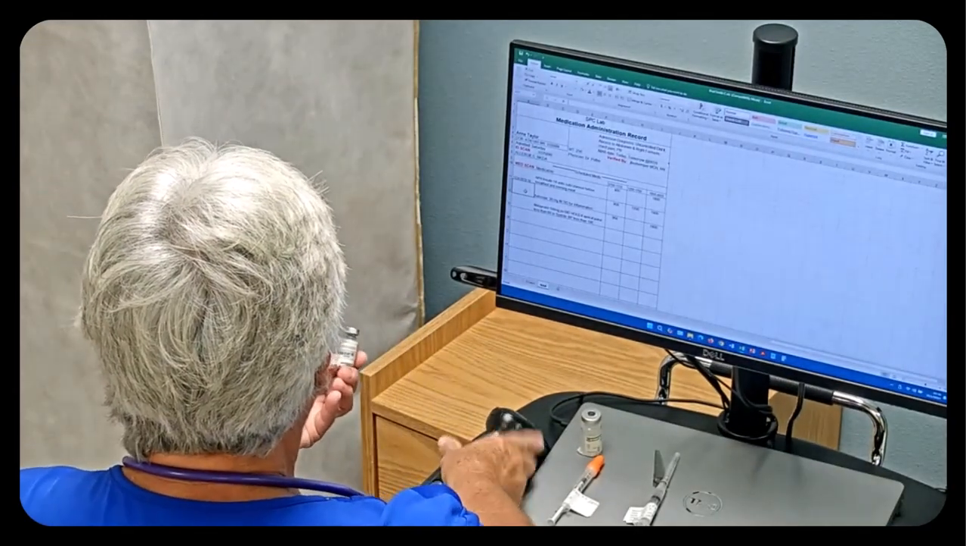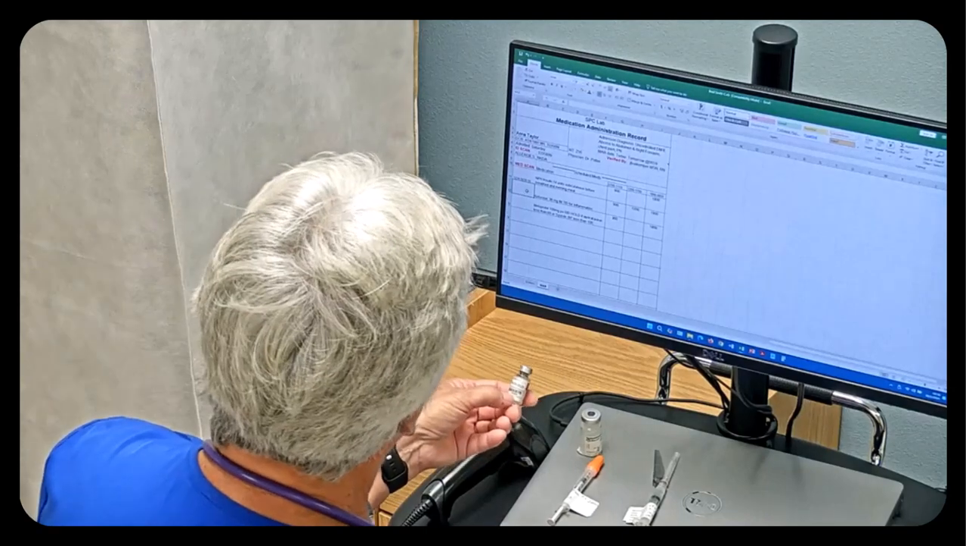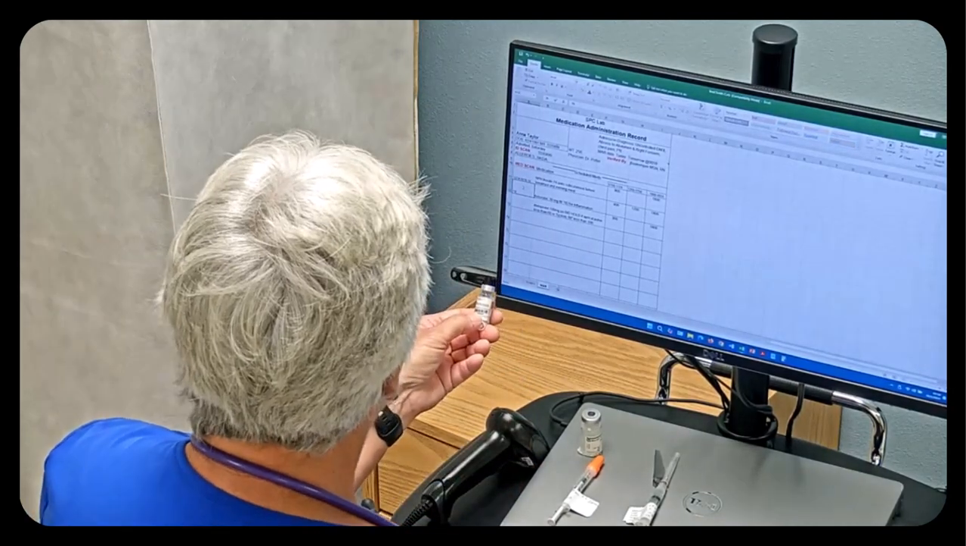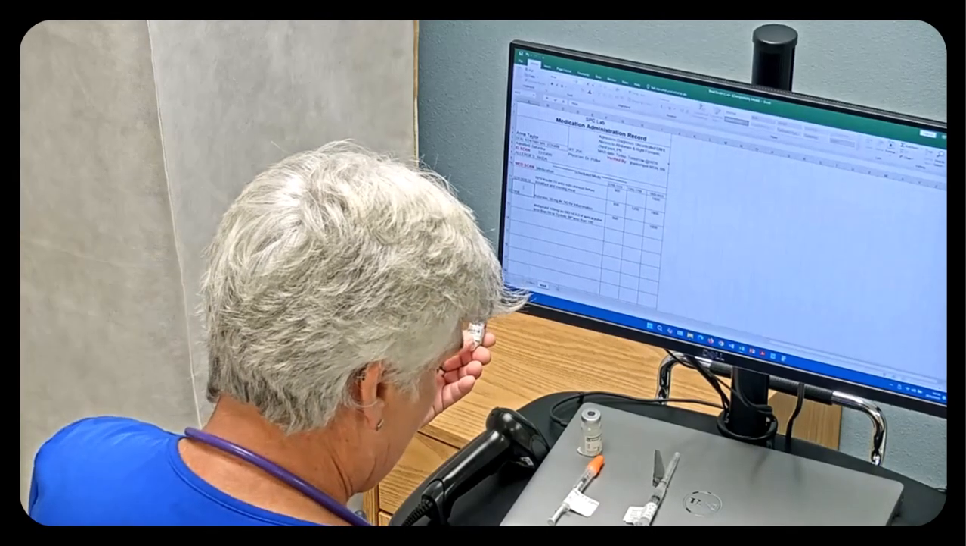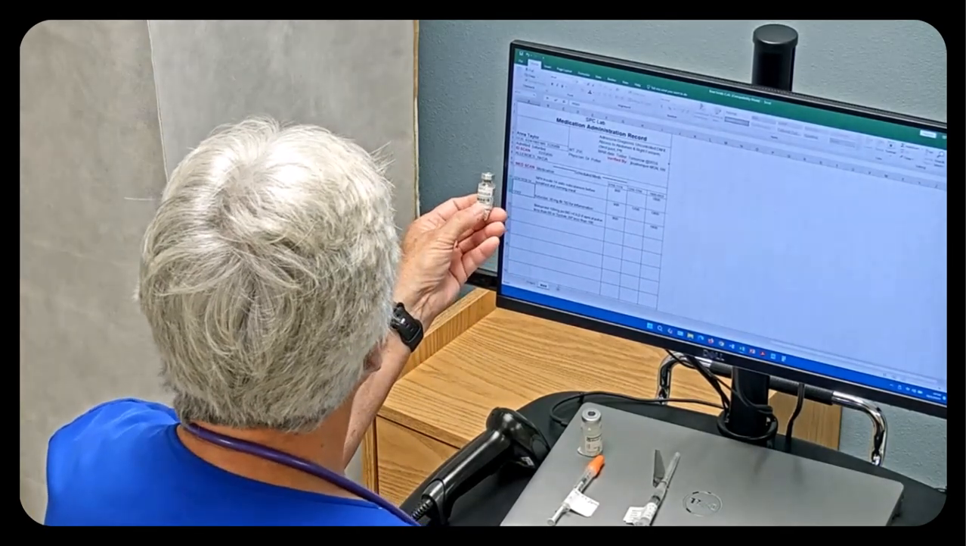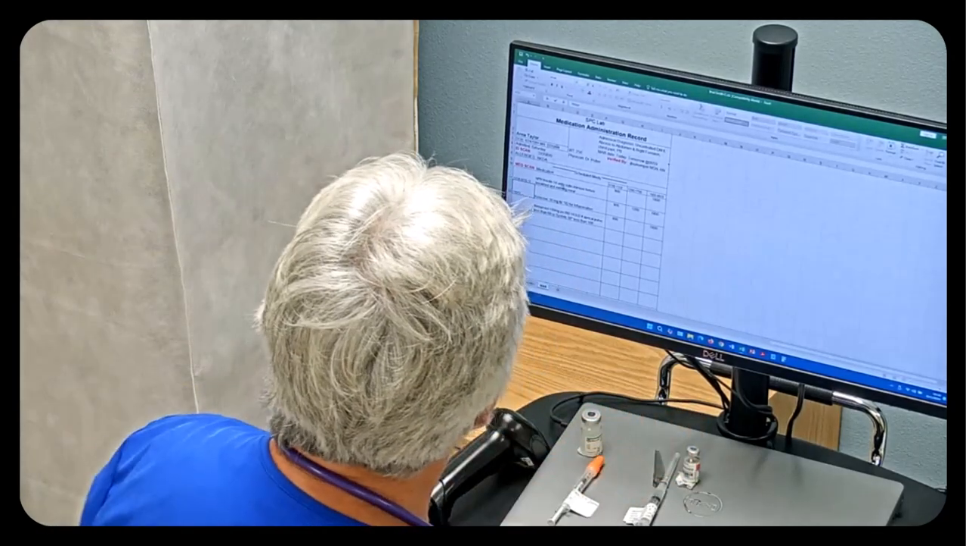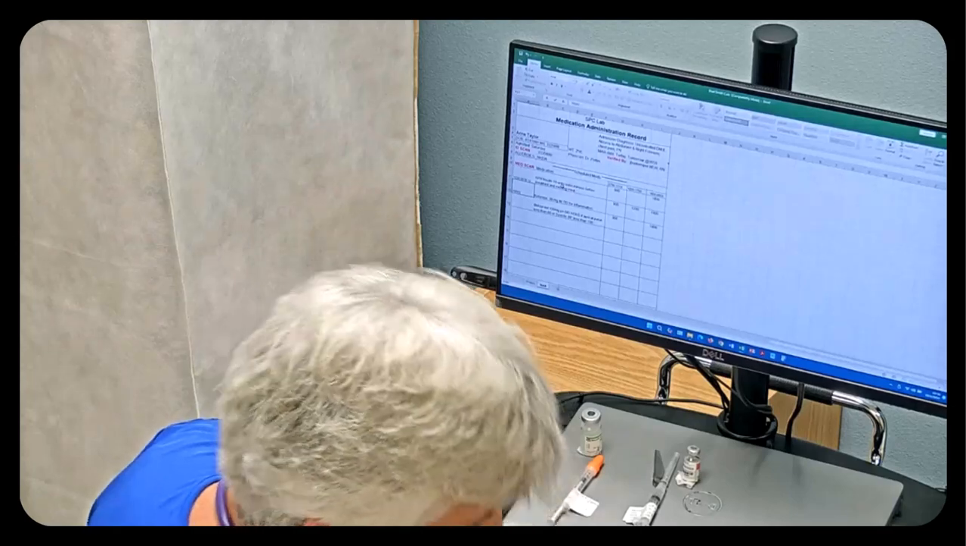Okay, and that one did not scan as well, so I've got 79563. Okay, and so I've made sure 79563, that matches, okay? And so then my last med that I'm going to give